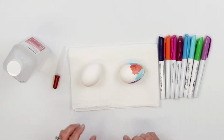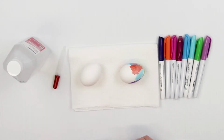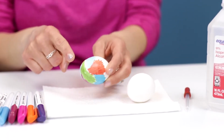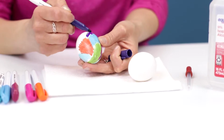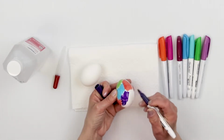So the very first thing you're going to do is take your hard-boiled egg. It helps if these ones are room temperature, and since you're not eating them, it doesn't matter. You don't have to worry about them being out on your counter. And you're going to color them with Sharpie. You can see I've already started coloring mine, and you want to cover the entire surface area with your permanent marker. Now I will tell you that metallic markers don't work very well, so you're going to want to stick to your